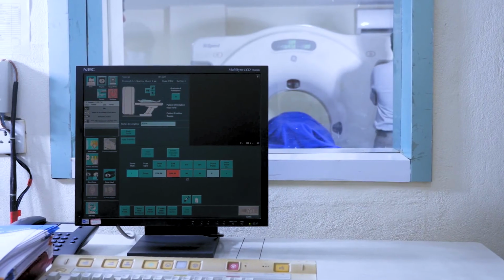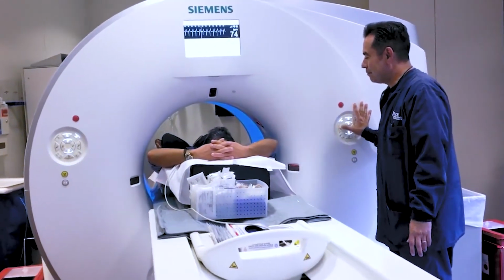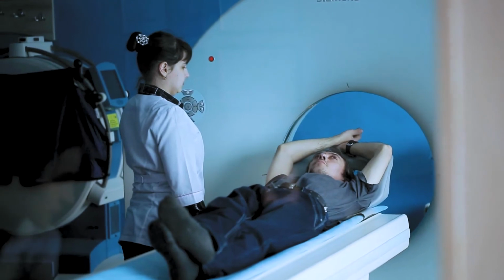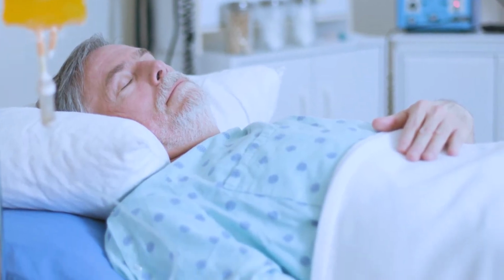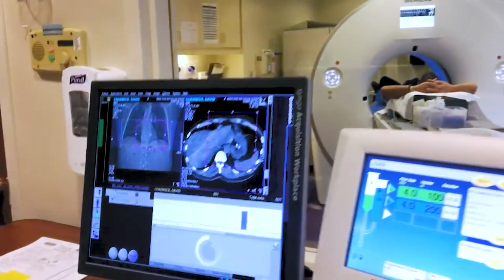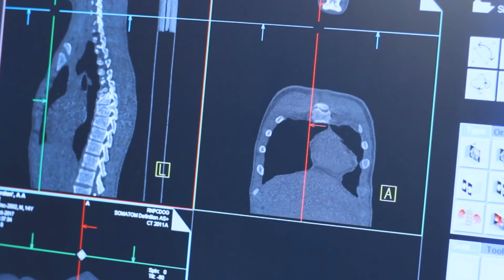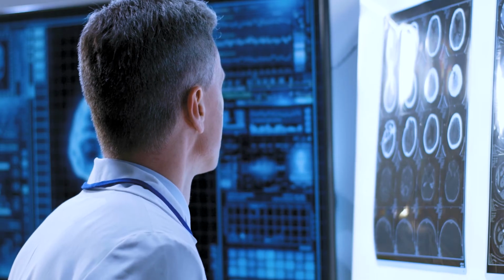It's actually a non-invasive test. It's done using a computed tomography or basically a CT scan technology. The patient lies down, enters a CT scan, they have to lie still. Ideally, when you do a cardiac CT scan, you would need to have a slow resting heart rate, and the CT scan then rotates around your heart, and a 3D image is taken, and from that, we can actually calculate the calcium score. So it's a very simple test, maybe done in 5 to 10 minutes.